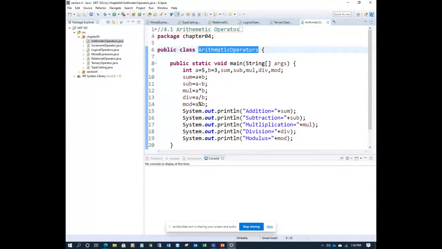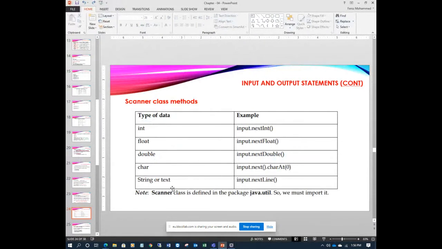This is a class name available under the package chapter 4. Similarly, this Scanner is available under the package name java.util. So this Scanner has these methods: nextInt, nextFloat, nextDouble, next, nextLine.